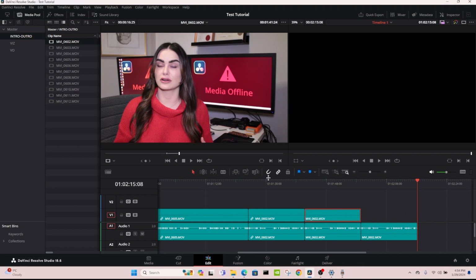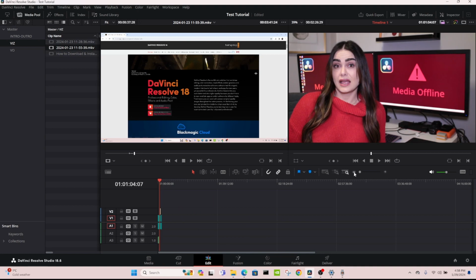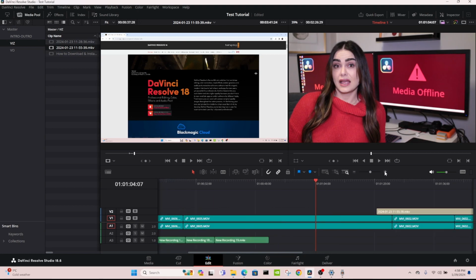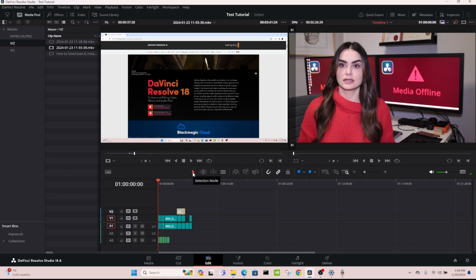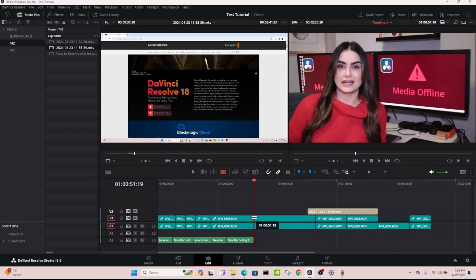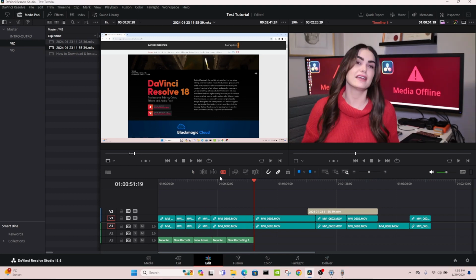I have mapped almost all of these to my keyboard already for ease of editing and efficiency purposes. Once you get used to this interface, things will become a little bit more intuitive. It'll just be better. Anyway, zooming into your timeline is pretty beneficial. That's zooming into your playhead, wherever it's at. Your select tool, pretty much the best thing ever. And that's your cut. So you go and bang, cut. So you make an edit there.